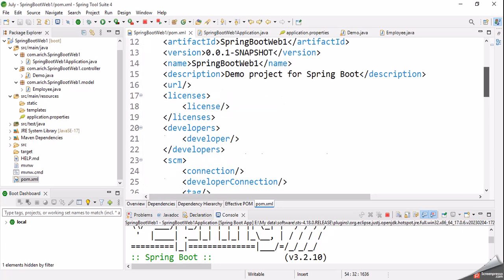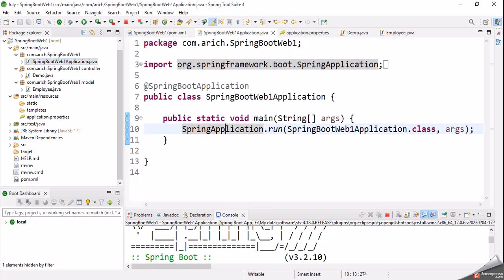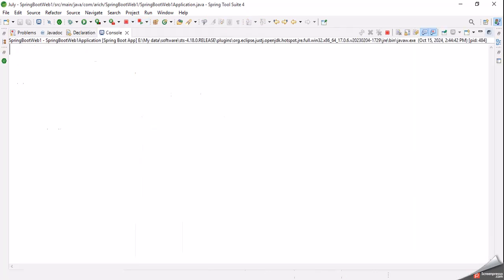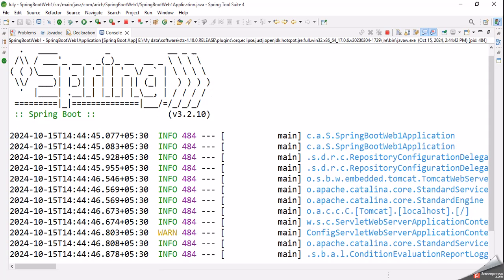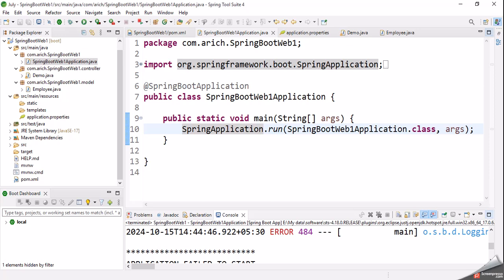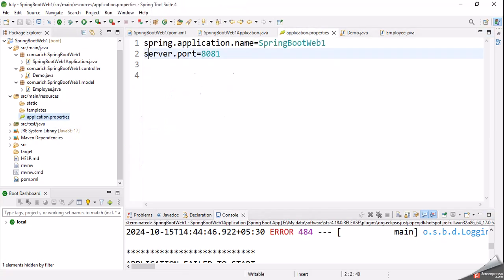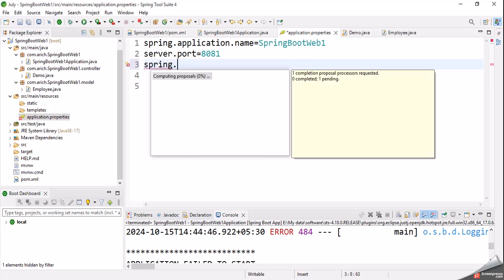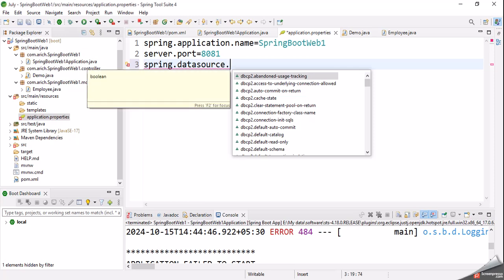After that, if you relaunch it, you can see it's showing some errors. It needs the URL. For this purpose, please open your application properties and declare spring.datasource.url